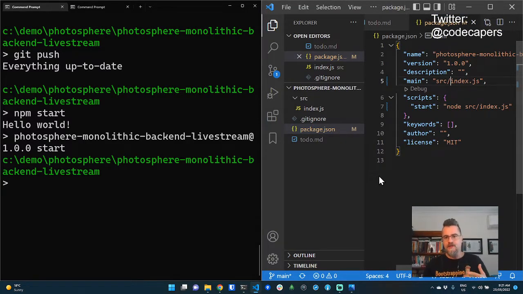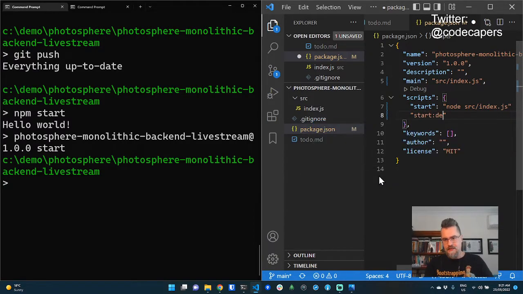Now I have another thing that I like to do, which is a script called start dev. And that's a script that will basically start the application in development mode with live reload enabled. So when we've got live reload enabled, it means we can keep our application running, and anytime we make changes to the code, the application will automatically restart. It's a really great way of getting fast feedback while you're working, and that's one of the main ways you can become a faster developer, actually. It's finding faster ways to check whether your code's working. So if you can check quickly if your code's working, you can really speed up your process.